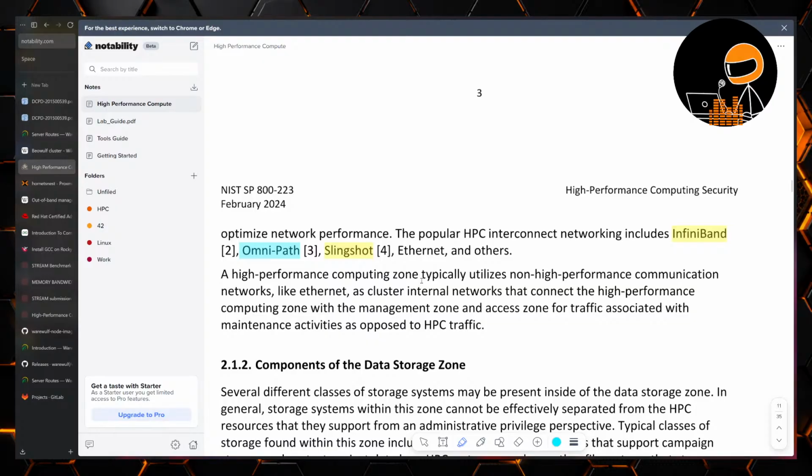A high-performance computing zone typically utilizes non-high-performance communication networks like Ethernet as cluster internal. Networks that connect the high-performance computing zone with the management zone and access zone for traffic associated with maintenance and activities, as opposed to HPC traffic. So this is important. It's cluster internal networks that connect the high performance